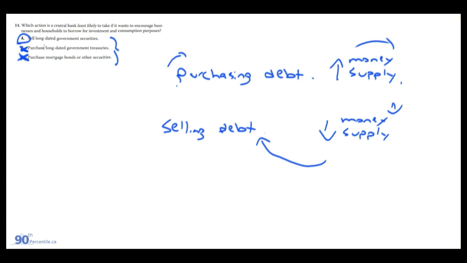One quick note about purchasing long-dated government securities and mortgage bonds. To oversimplify, both of these are expansionary. In recent history, central banks have started purchasing mortgage bonds or other asset-backed securities as well, which is a little bit new. Typically they would just buy the government securities. They've started almost expanding their expansionary monetary policy, if you can think of it that way,